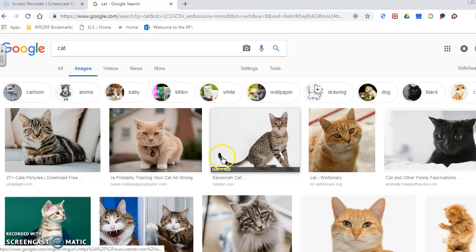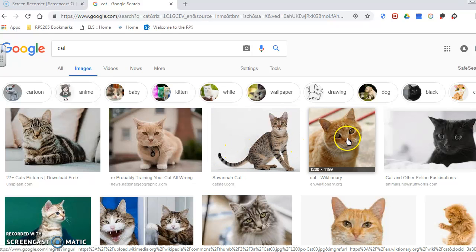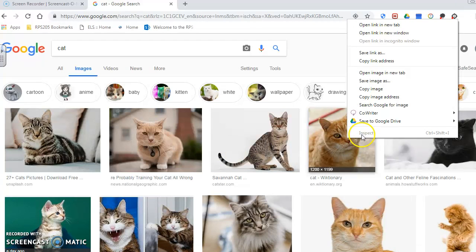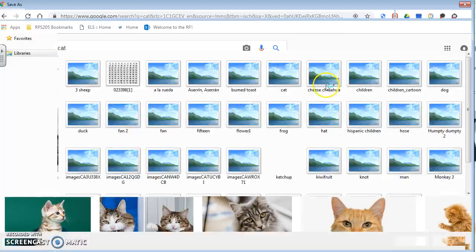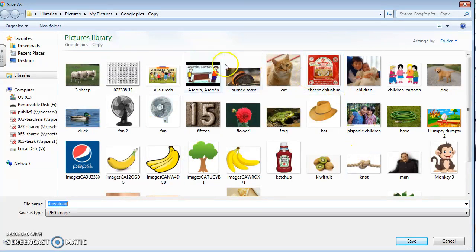With this you can pick out any cat you want to. I'm going to click this one and I'm going to right click it. There's a couple different options you can do. You can save the image as, or you can copy the image. Copy image does not always work if the image is copyrighted. So I'm going to choose save image as, and then it's going to go to my Google